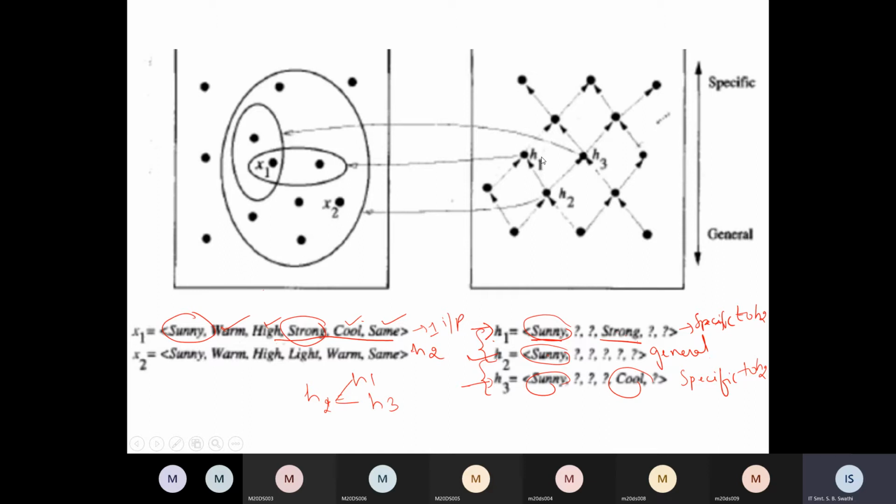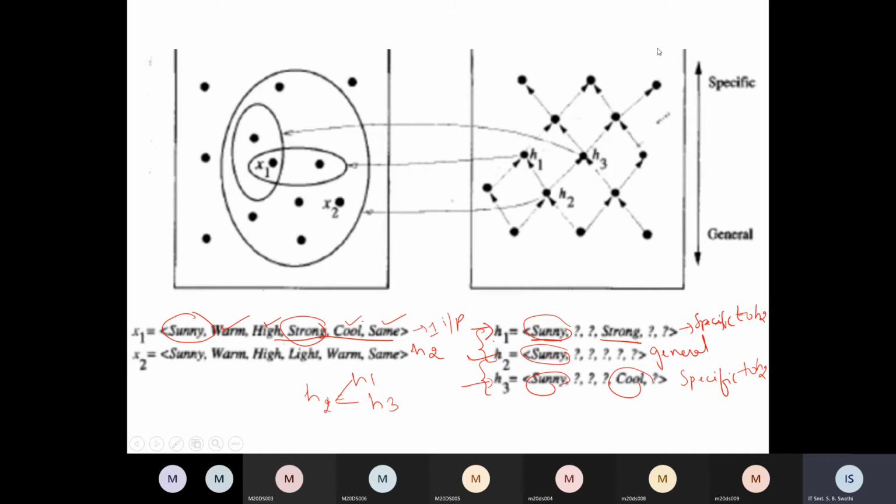Okay. Now see here, H1 and H3 are specific to H2. What this graph is showing is some instances X1 and X2, and there is a point which is correlating with X2 and X1. See, this dot is belonging to both X1 and X2. That means this is an attribute Sunny. This is present in both X1 and X2. Similarly, which is present only in X1 is present here. That is Cool, which is not present in X2. So the attributes are represented here.